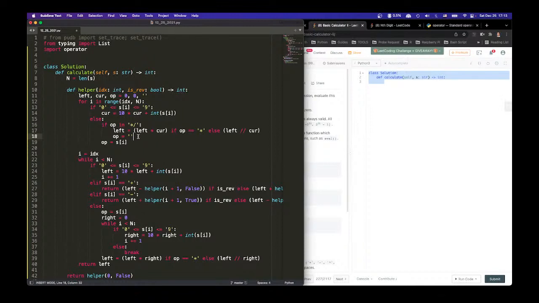So now we have a left and a current. In this case, we don't worry about the current. So I think current needs to reset to 0. That's if OP is in this, right? Otherwise, what this does is we just update the left, right? Now we're gonna say OP is equal to, well, that depends, right? That depends on if